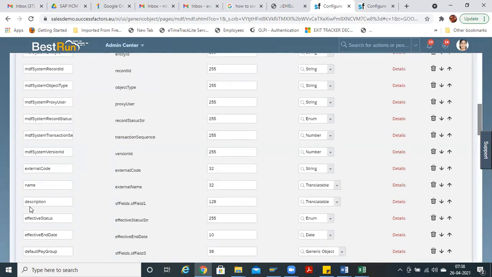If you want to change any descriptions, for example hide a description, you come here. Before that I will show you where we maintain the data. In Object Definition we do the configuration field-wise and object-wise, including any custom fields.